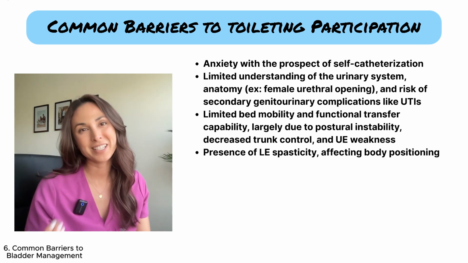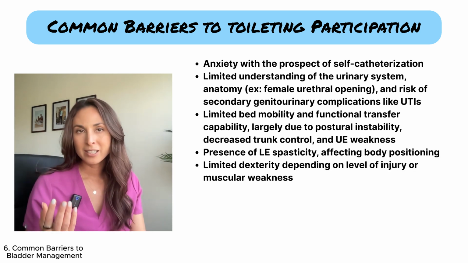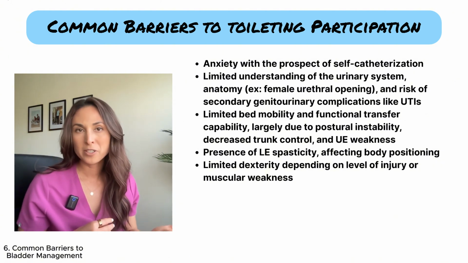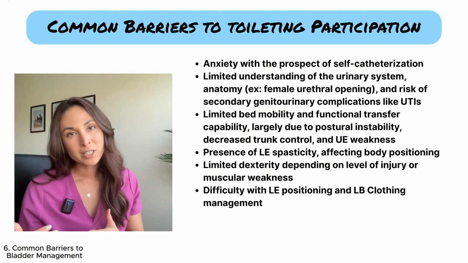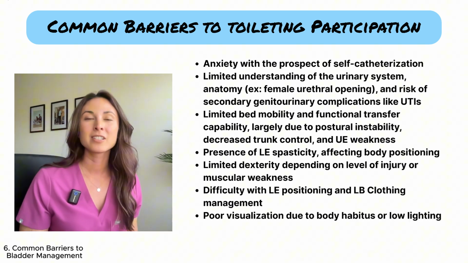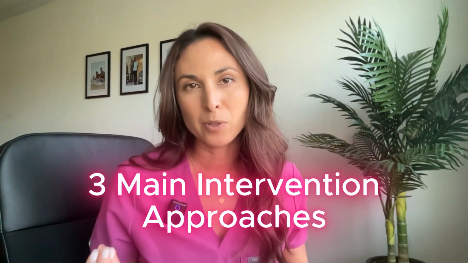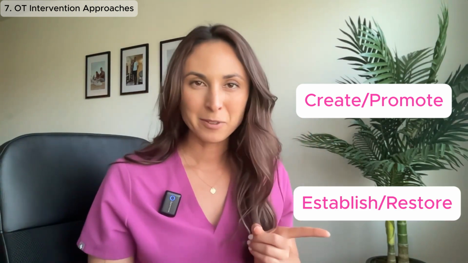extremity weakness, presence of lower extremity spasticity affecting body positioning, limited dexterity depending on the level of injury or muscular weakness, difficulty with lower extremity positioning and lower body clothing management, and finally, poor visualization due to body habitus or low lighting. Now for the fun part. To address these barriers, we can structure our plan of care around three main intervention approaches: create, promote, establish, restore,